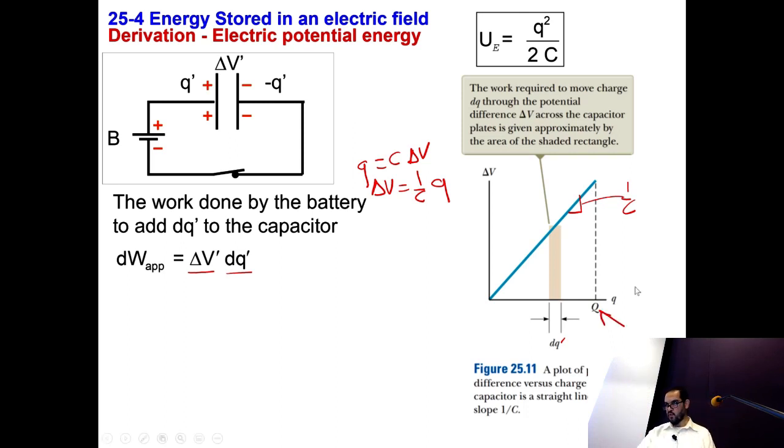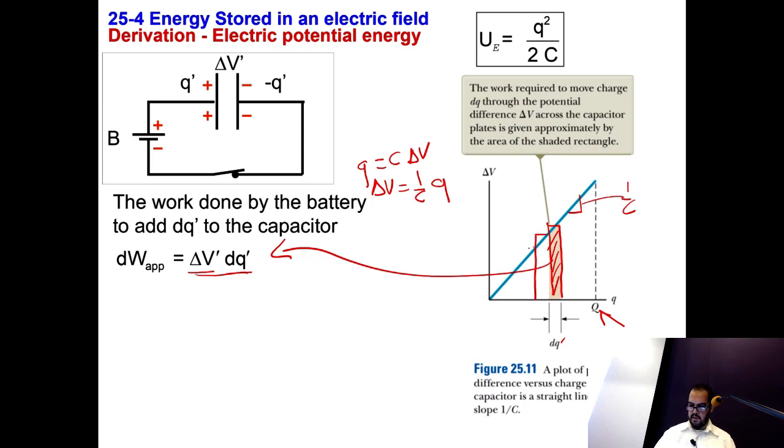Okay, so what we do is the integral, we sum all of these elements. So this energy here is delta V times dq prime. What we can do is add all of these elements. So it's a Riemann sum, or we can just do the integral. We can do the integration. Okay, so the total work is the integral of